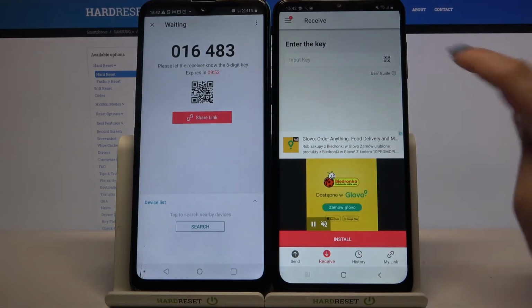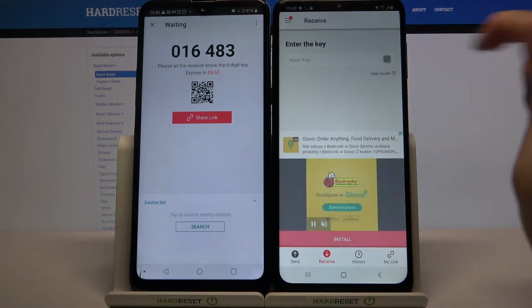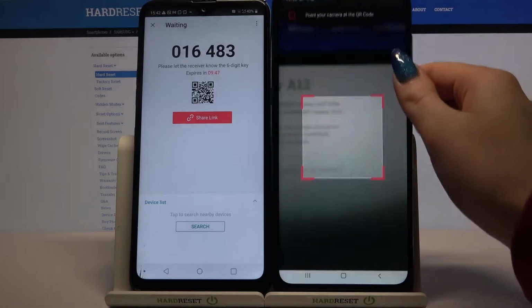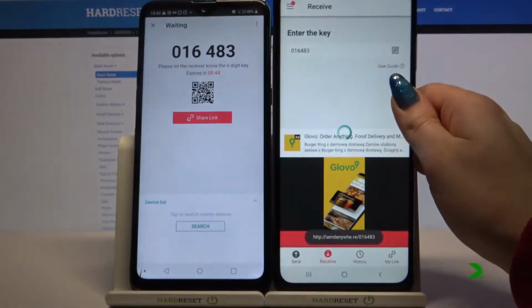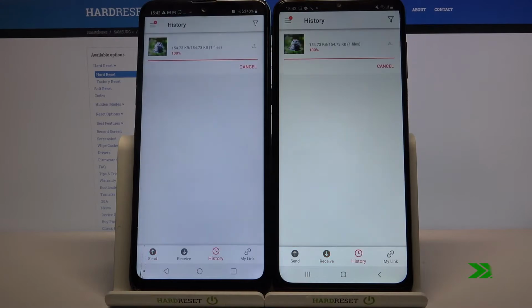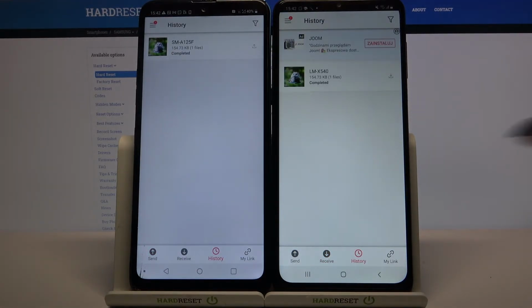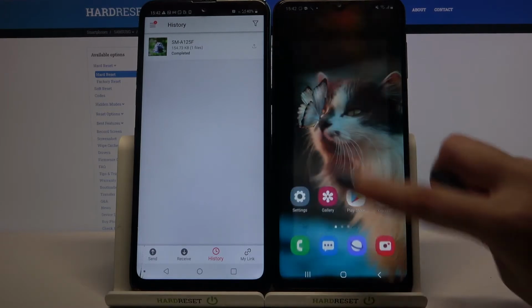If you want to scan the code, tap on the scanning icon over here, choose allow and point at the code. As you can see, my file was successfully transferred, but if you wanna make sure that it's on your device,